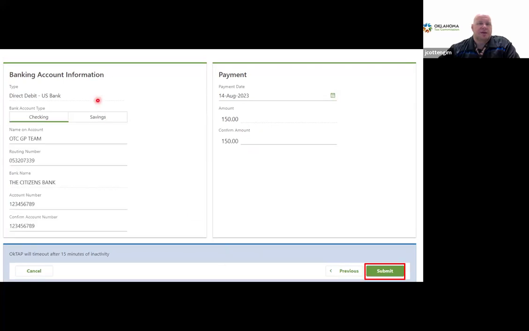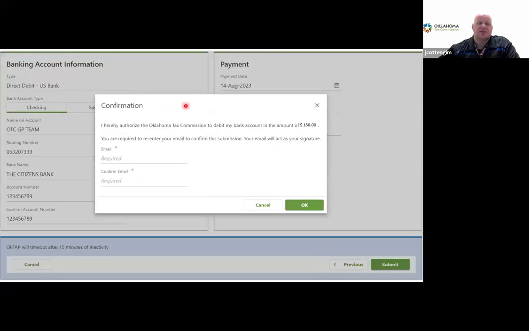Once we enter that information, you'll see we have the routing number. It'll confirm the name of the bank that is associated to that routing number, the account number. It'll show as verified. If it did not agree, you'd get one of those little exclamation points saying, hey, there's a problem. We're going to go ahead and submit it for the current date, and we're going to make the payment for $150. We then click submit, and it brings us to a final confirmation screen where it says, I